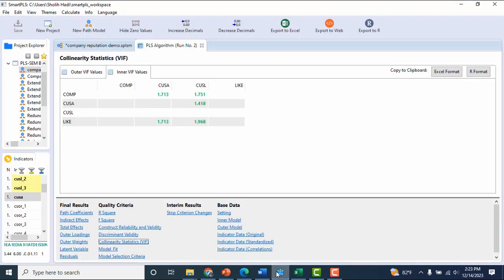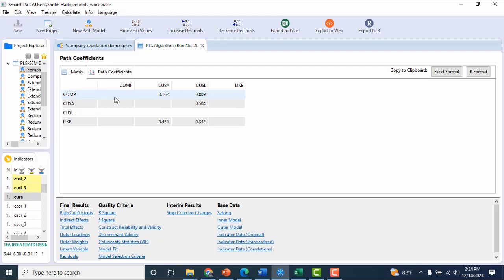And next we need to see the path coefficient here. We can see the path coefficient here, but we cannot conclude whether the coefficient is significant or not.